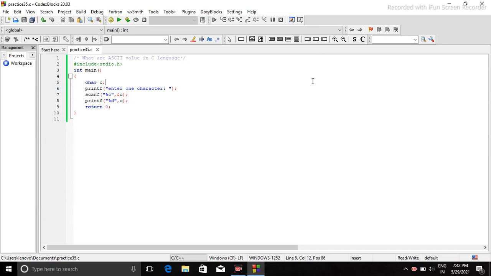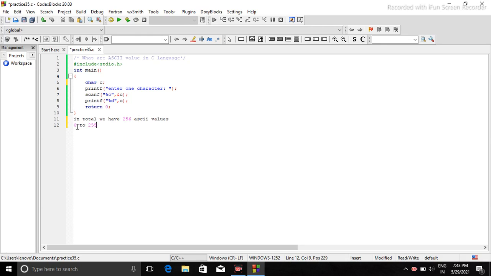So in total we have 256 ASCII values. That means 256 characters are stored as ASCII values, and these numbers start from 0 to 255.